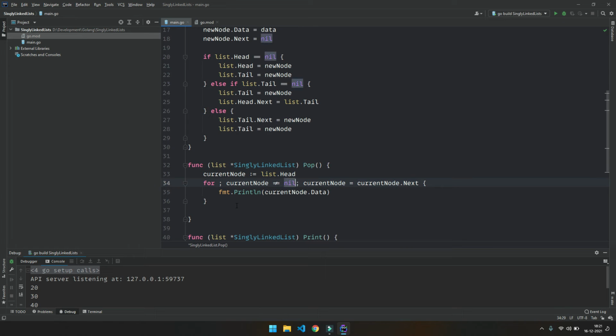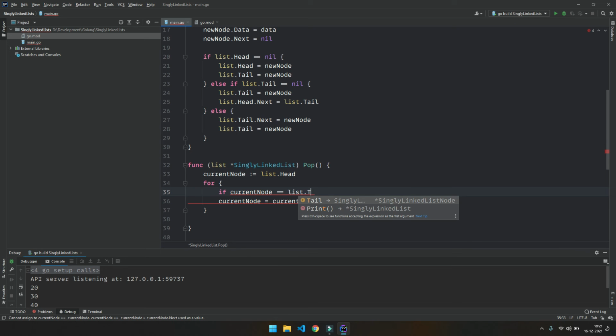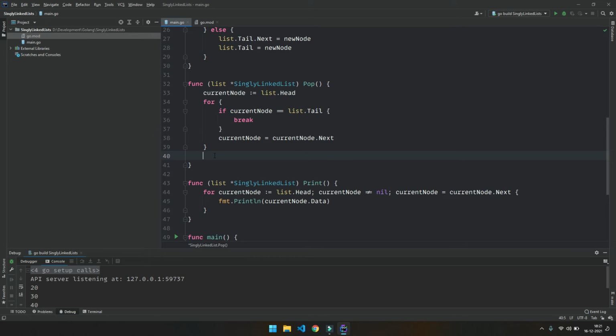Every iteration we are gonna set the current node to the next, and if the current node is equal to the tail of our list, then we are gonna simply break the loop. Wait, let me just think.